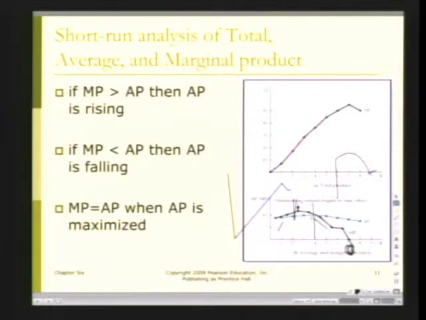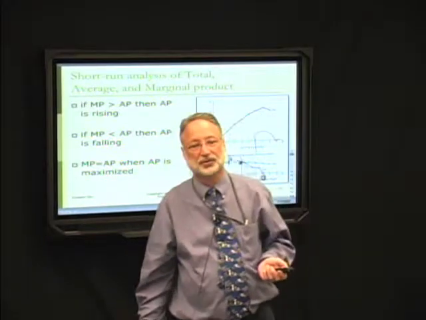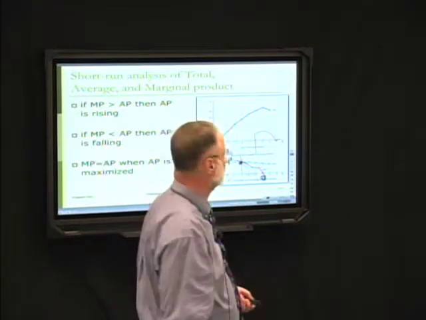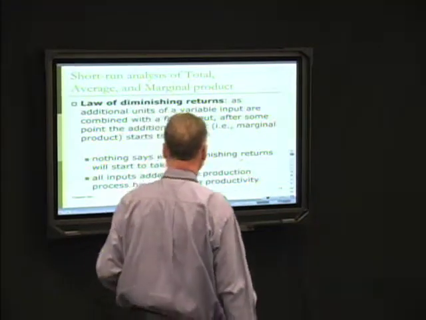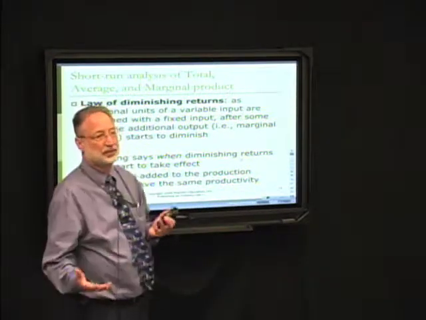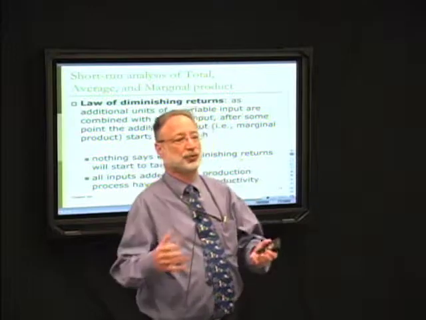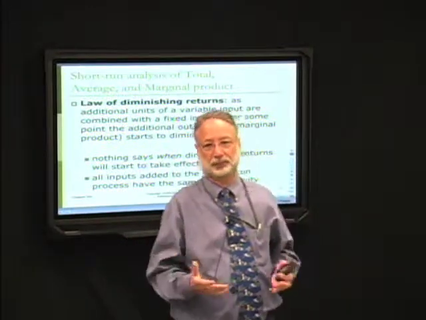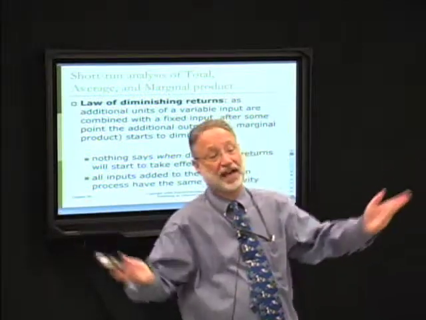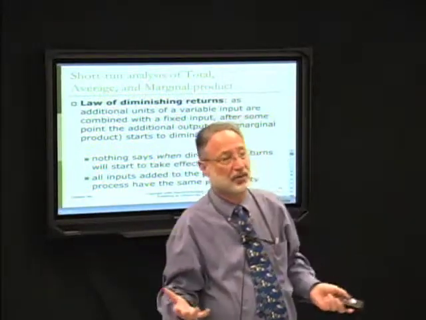Okay, and that's this point right here. All right. So in terms of managerial decision making, that matters to us in terms of thinking about the efficient usage of our inputs. Okay. The law of diminishing returns is just a technical relationship, and basically what it says is that as you take a fixed input, your plant, and you continue to add variable inputs to that fixed input, labor, then at